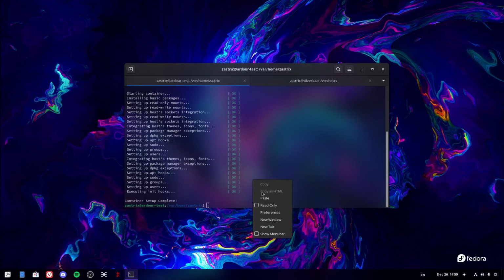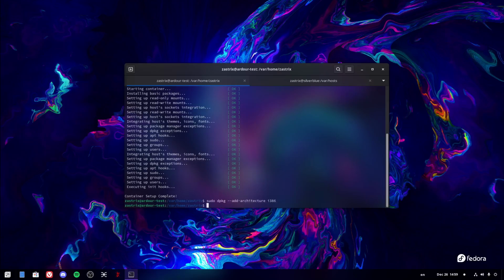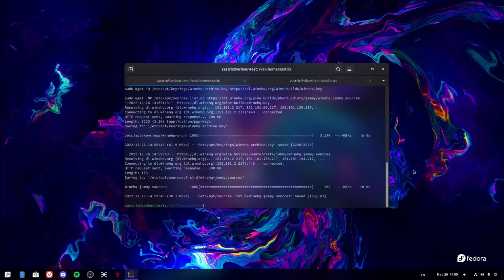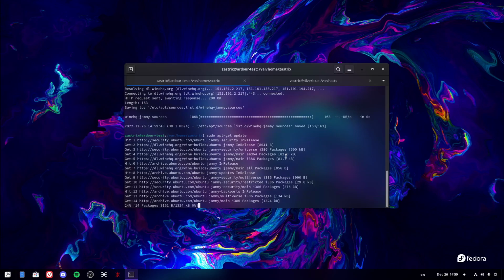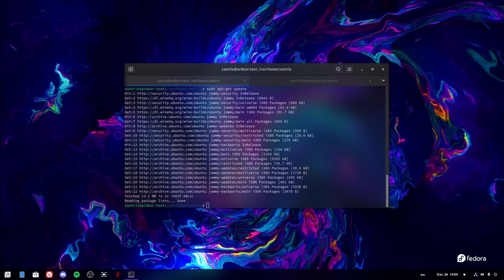So firstly, we're going to add 32-bit dependencies. Then we're going to add the repository for Wine staging. We're going to update the package manager. And we're going to run